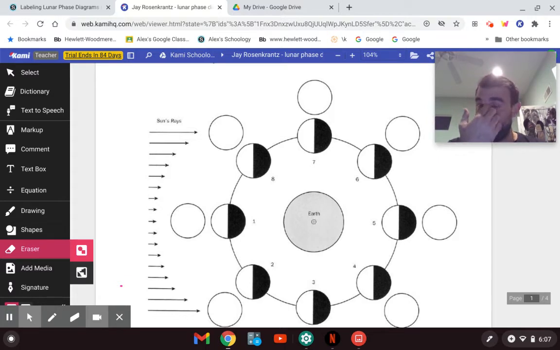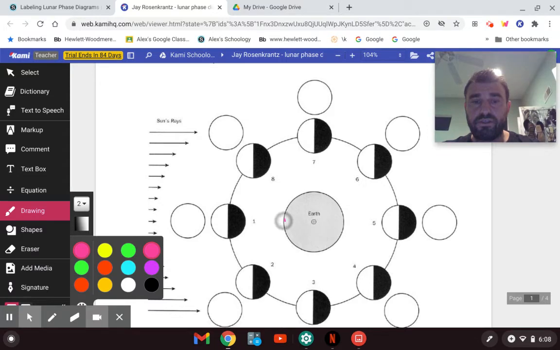All right. Now, you always would like to start with either the new moon or full moon. The way I teach it is you start with the new moon. Now, the new moon isn't always going to be numbered number 1. In this case, it is. So the way you always want to try to observe the new moon in one of these diagrams is find when the moon is in the middle. So what I mean by middle is in between the sun and the Earth. So here, position 1, sun, moon, Earth. So right there, when it's aligned like that,